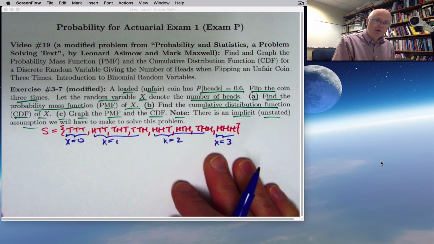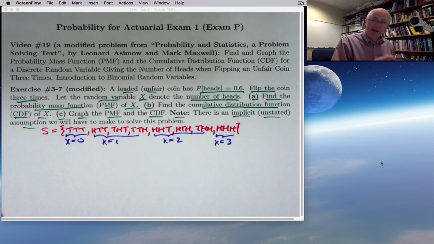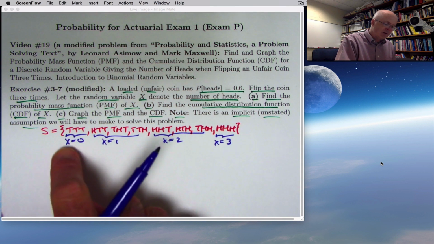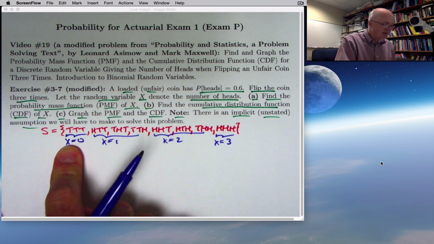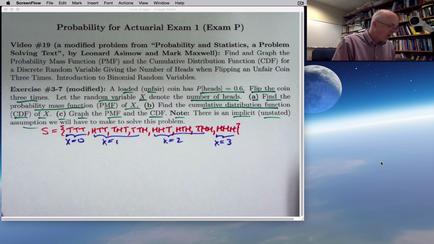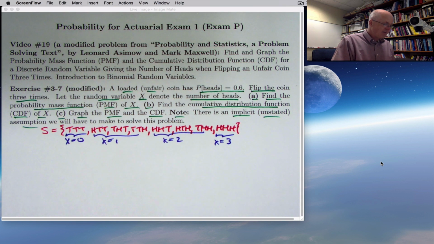But again, these are not equally likely. So for example, the probability that x equals 3 is not 1/8. It's going to be higher than 1/8 because this is higher than 0.5. Likewise, the probability that x is 0 is going to be less than 1/8 because the probability of tails on any individual flip would be 0.4. Let's go ahead and calculate these probabilities now,